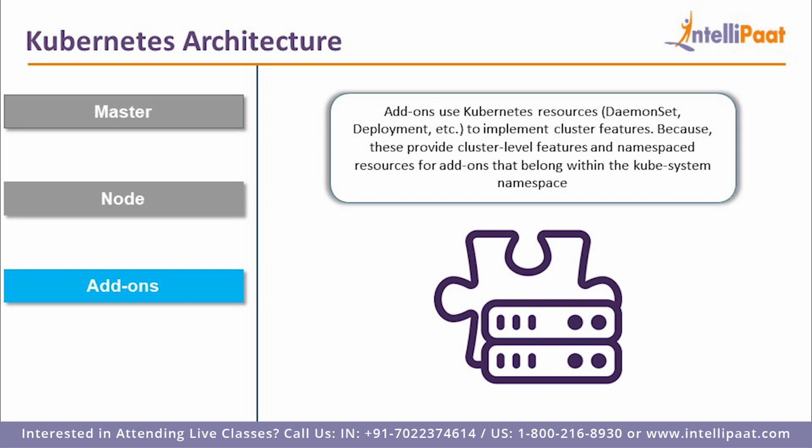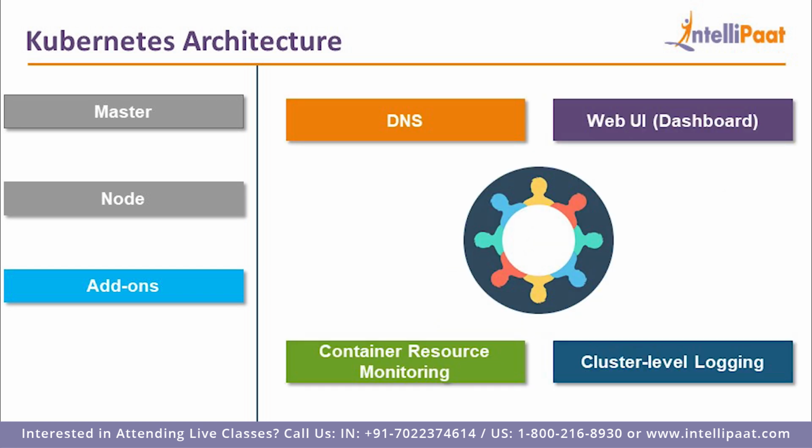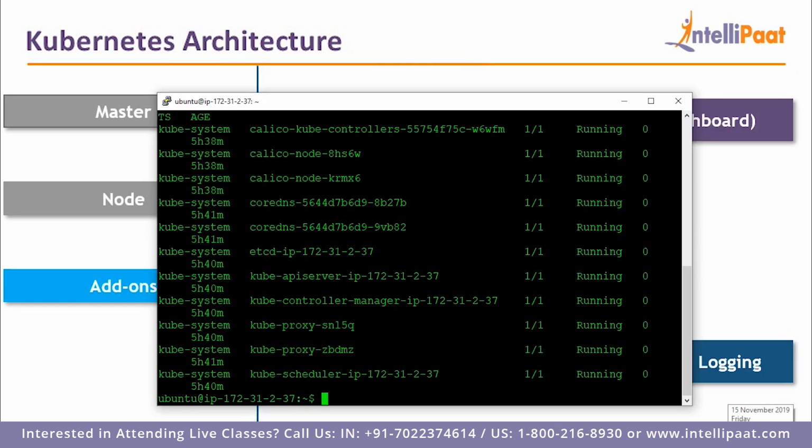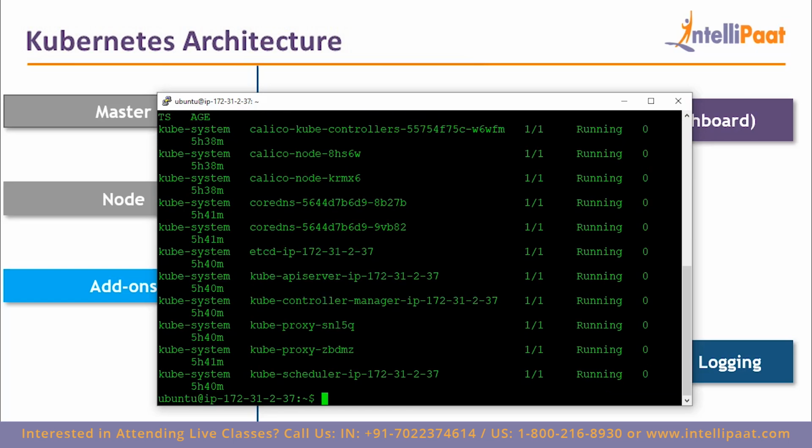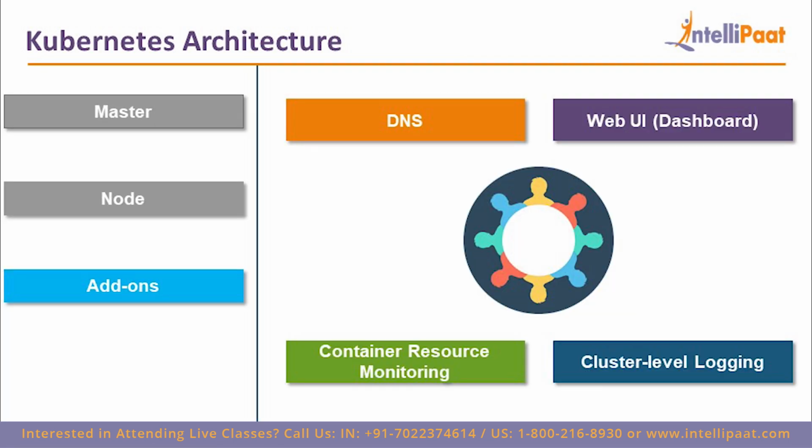As we saw, when we did all namespaces, we saw kube-system and whatever it had. We did not add many add-ons in there, but there are a lot of different things still. So there is DNS. The DNS is a mandatory add-on. If you can see my terminal again, this CoreDNS was already present, still inside the kube-system. So DNS is an important mandatory add-on which is there, but along with that, there are a few other add-ons